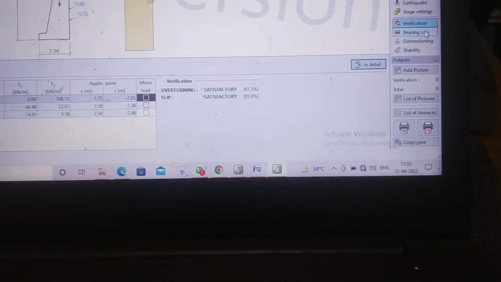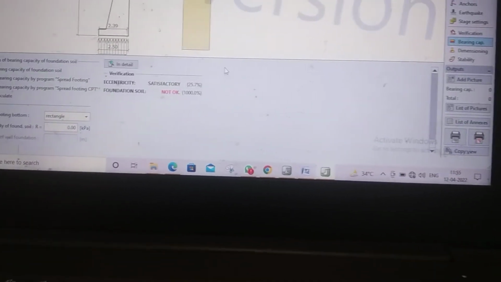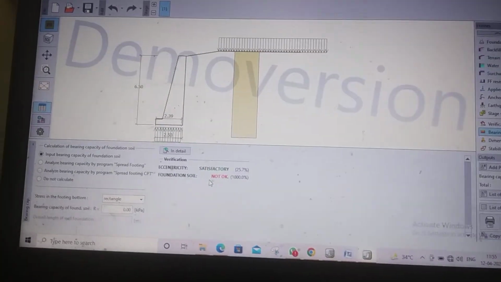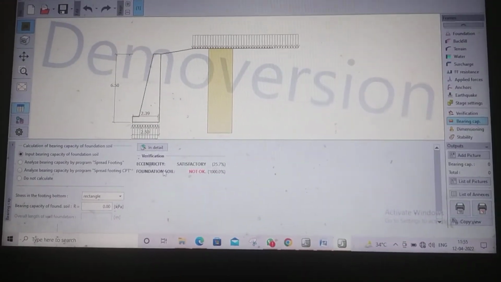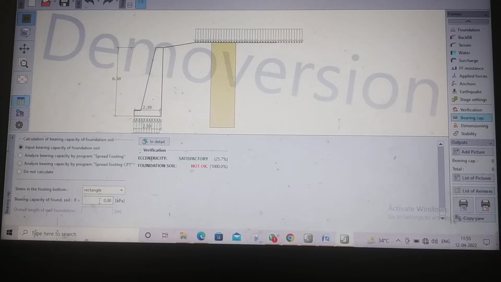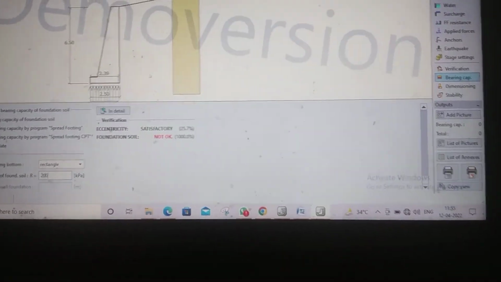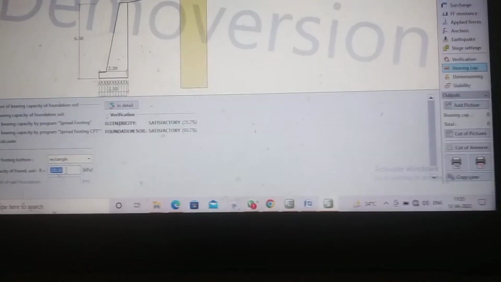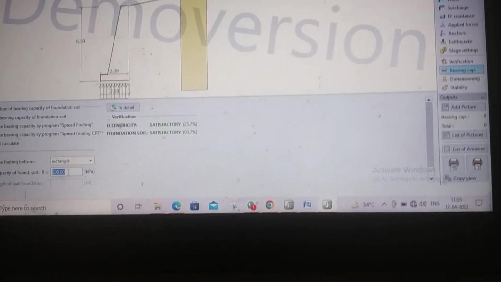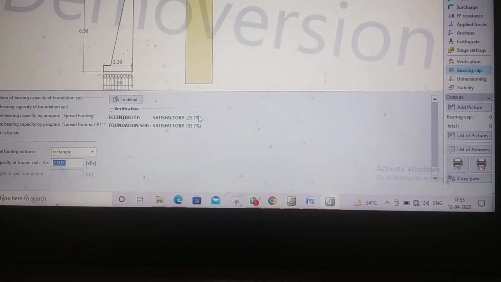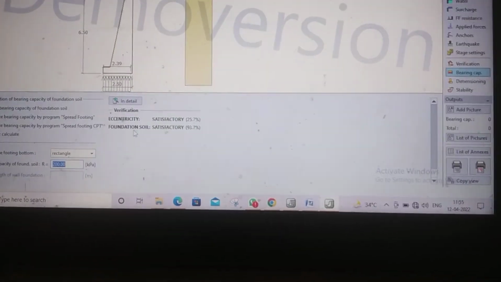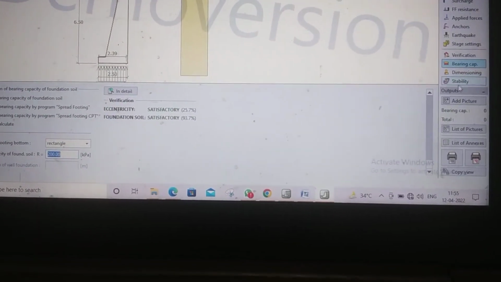Then if we want to check the bearing capacity of the foundation soil, we have to provide a bearing capacity of soil, let me put the value 200. Then it is satisfactory, eccentricity is also satisfied, and the foundation soil is also satisfied.